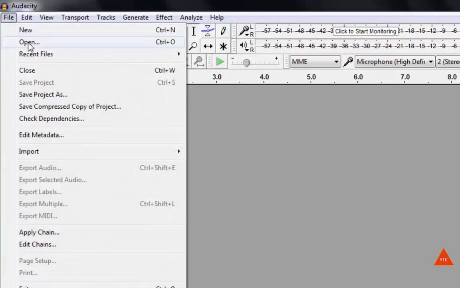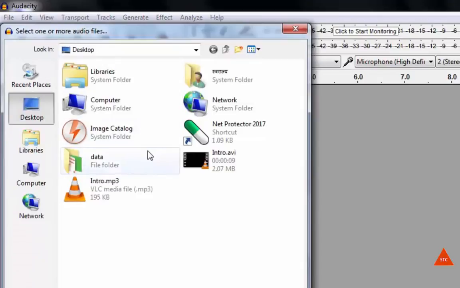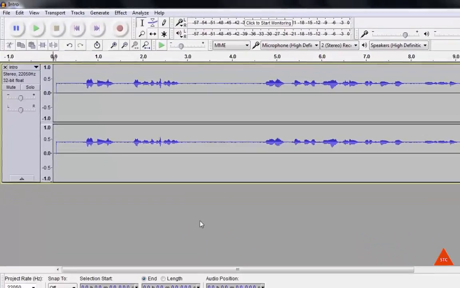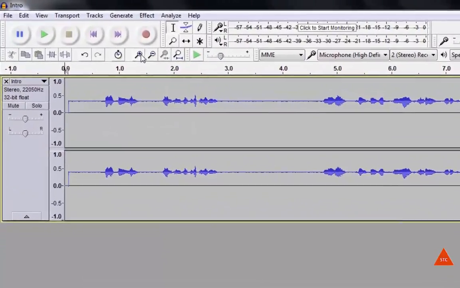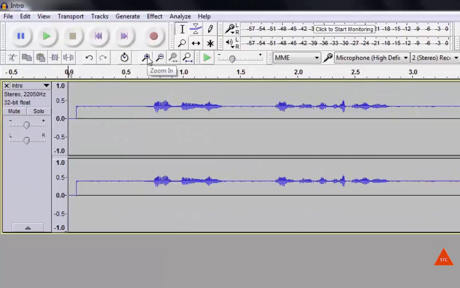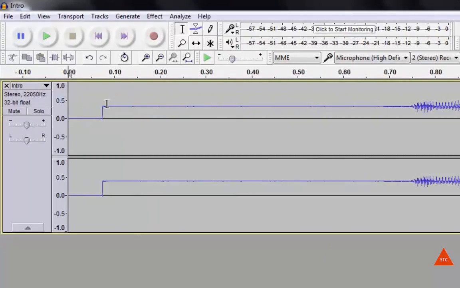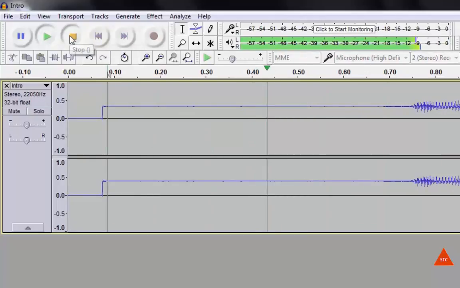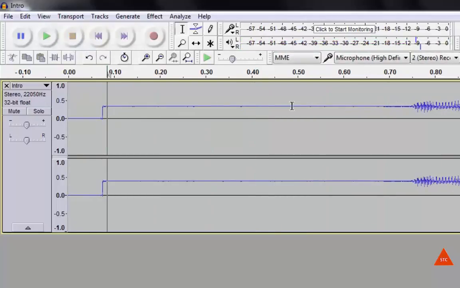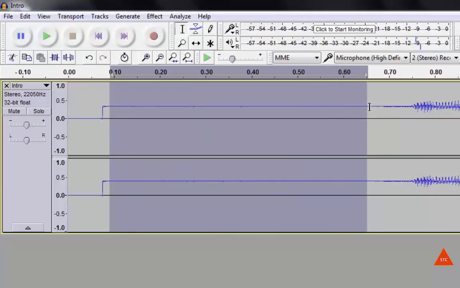Click on this file, open, and select this intro.mp3 file. Click on this plus to zoom in the track of your audio. So I'll show you what sort of noise we want to remove from our audio. This part we don't want in our audio, so just select that particular part,